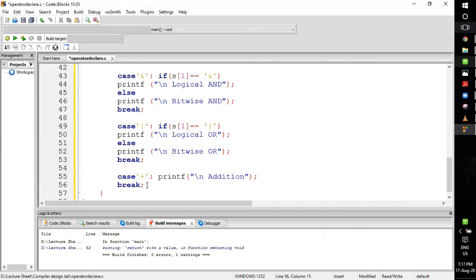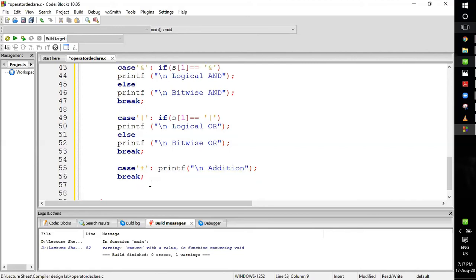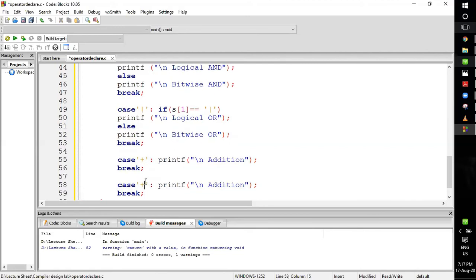Next thing we have for the minus symbol, I'll be writing subtraction.